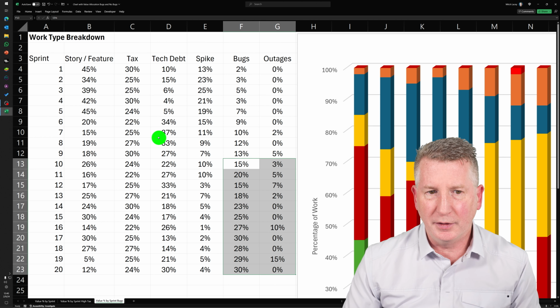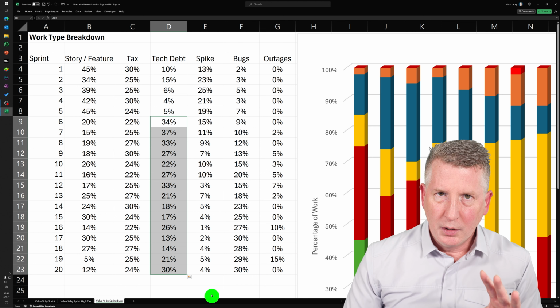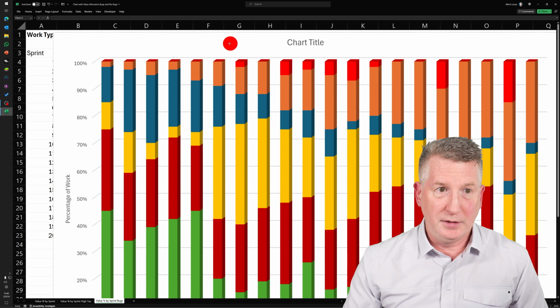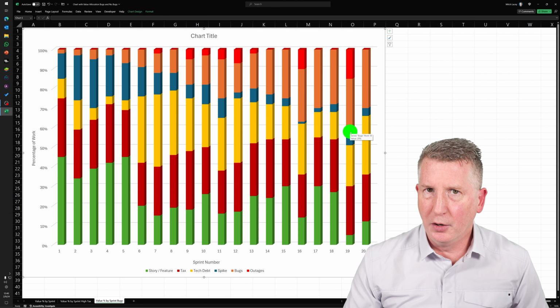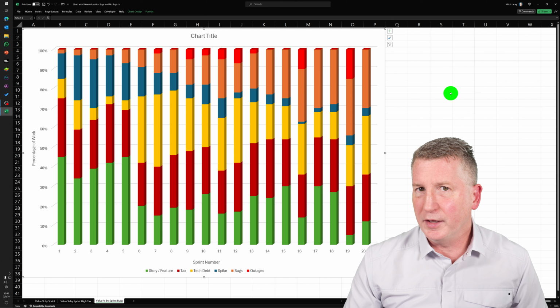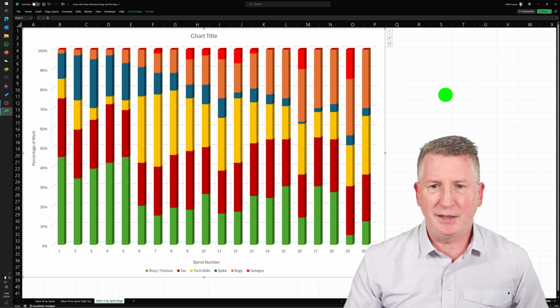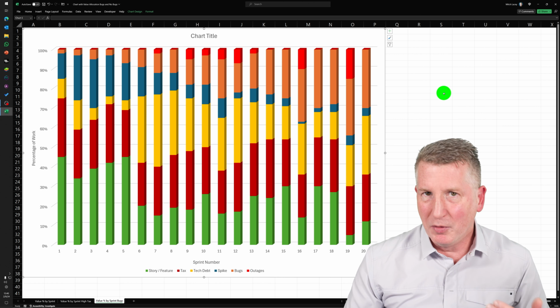And correspondingly, look at the technical debt numbers. So this is a tool that you use to help your team see where the money goes and see where the problems are. I don't think this is a very good pattern here. You can see technical debt, it spikes there around 6. It gets a little bit smaller towards the end, but we got a lot of bugs, right? So is it debt? Is it bugs? What is it? I'm a firm believer